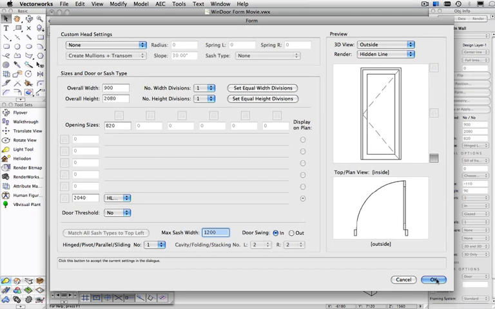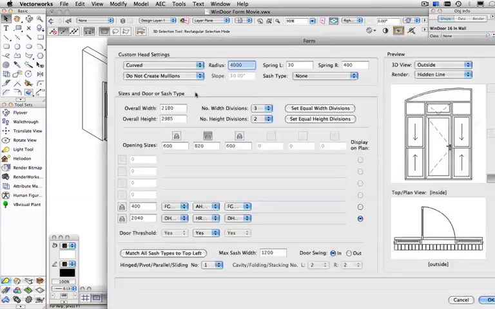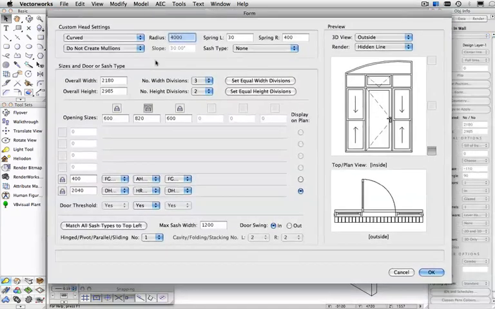And if I just close it now by clicking OK and maybe look at a more complex unit, we'll double click this unit here. So here you can see that we've got a custom head that's been set here with a radius of 4 meters and a spring height of 30 on the left and 400 on the right. And we've got a fixed glass, awning hung, fixed glass, so that will match what we're seeing here, fixed glass, awning hung, fixed glass, and double hung on the left, hinged right and double hung, and whether or not the door has a threshold and so on. So this is where you can control the various options,